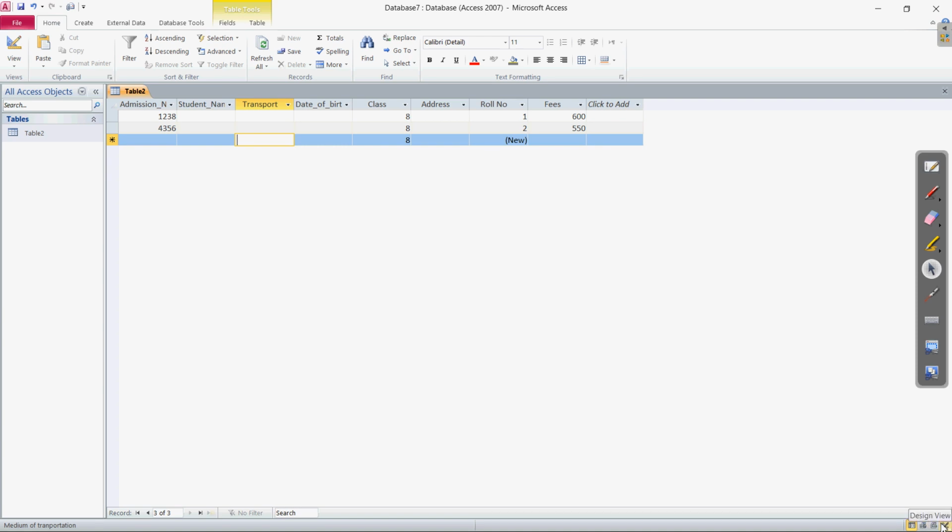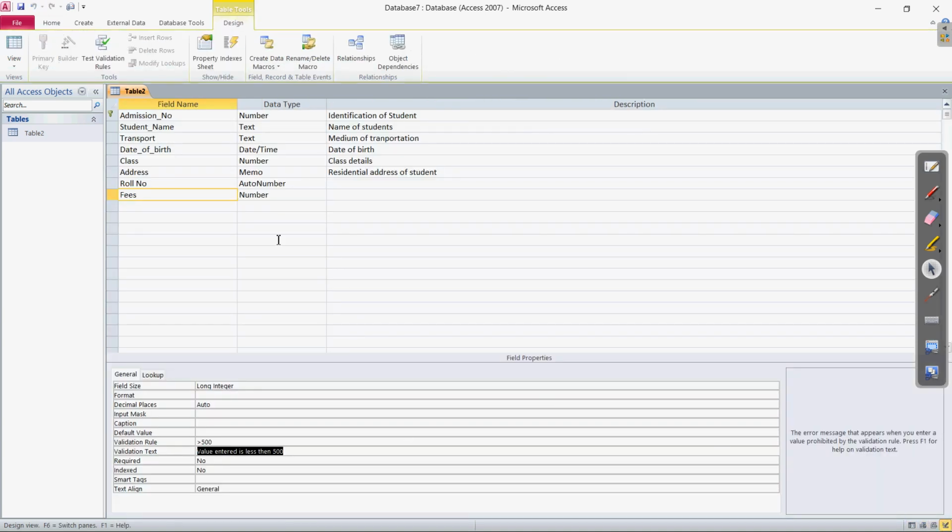Clear? We can see in the design view also that these values like admission number have the primary key symbol, then the default value in the case of class is 8. Because of this, the 8 is represented every time. And there was one more value, the roll number, which you can see is auto number.